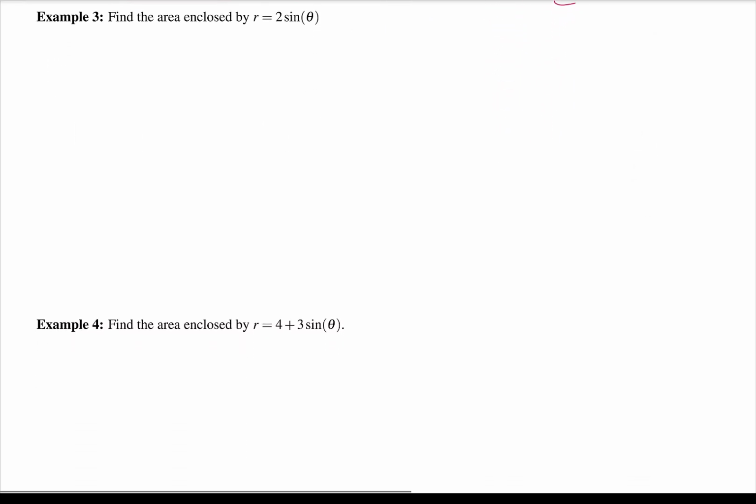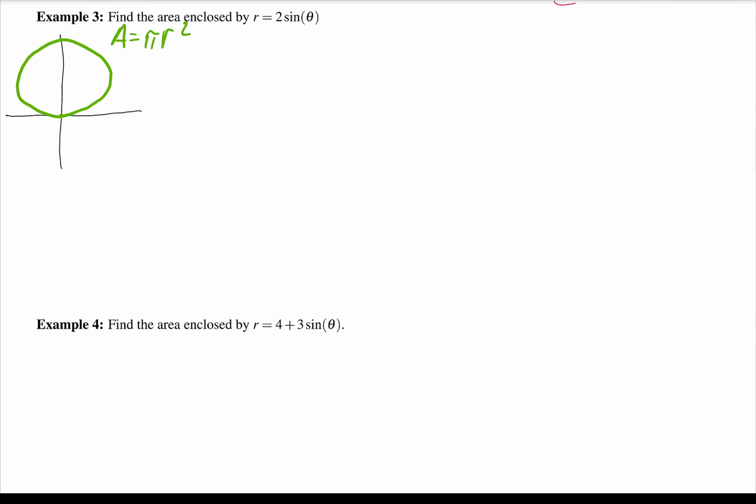Now let's look at example 3. So for example 3, just getting an idea of what this looks like. The pictures aren't too important right now, but they will be important later. So we know that 2 sine theta from our last lecture is just going to be a circle of radius 2. So we already know what this is. The area of this should be pi r squared. So the answer we get here,